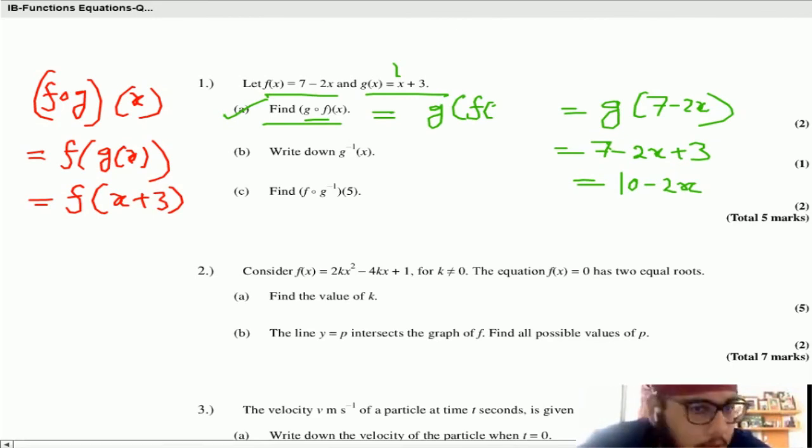x plus 3. Then in the other bracket, for the x bracket it should be 5, sir. Yes. So in place of x, we can write 7 minus 2 times x plus 3. Right?